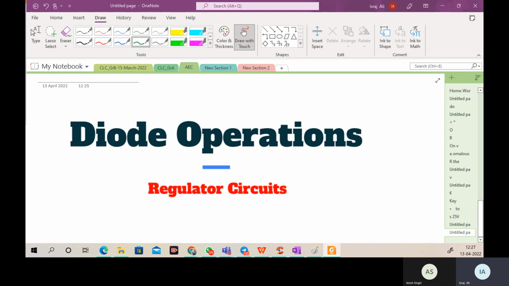I think we know what the circuit components are for the clipper circuit. Can you please tell me what the circuit components are for the clipper circuit? Diode, resistor, clipper circuit or clamper circuit? We are talking about the clipper circuit. Diode, resistor, input voltage, source voltage. And for the clamper circuit, diode, resistor, capacitor, and source. And for the rectifier,